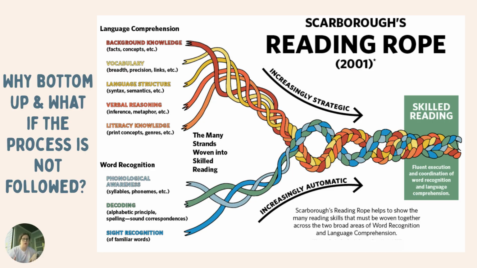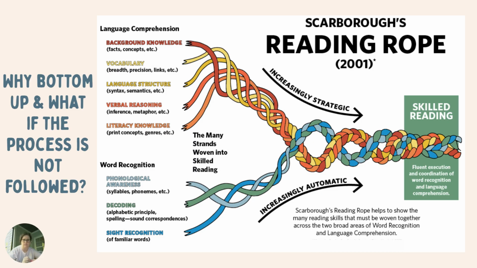So, Scarborough's reading rope represents the subskills or components of language comprehension and word recognition as strands. So you see the individual strands, and we'll go more into them. But each strand is a different color. I chose this image for that reason, so that you can see how each strand truly builds up the culminating